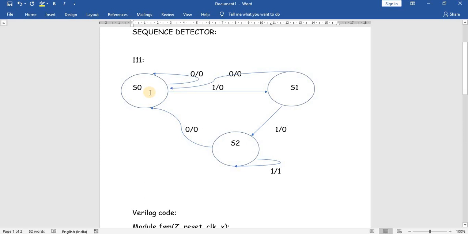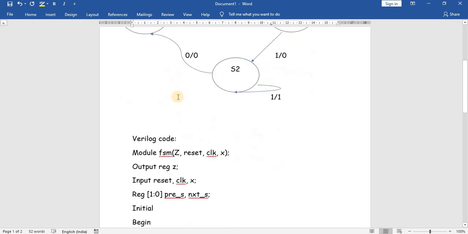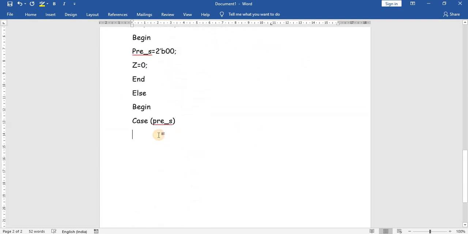If x equal to 1, it goes to the next state S1. If x equal to 0, the next state will be the present state. So this is the logic. We will write it over here, 2-bit binary 00 for the corresponding present state. This is called the S0 state.